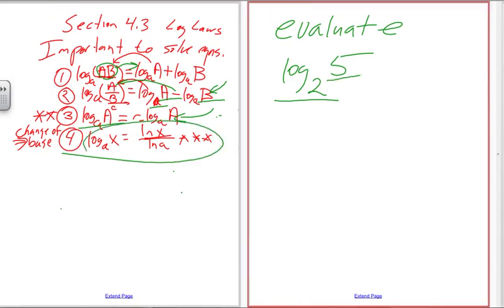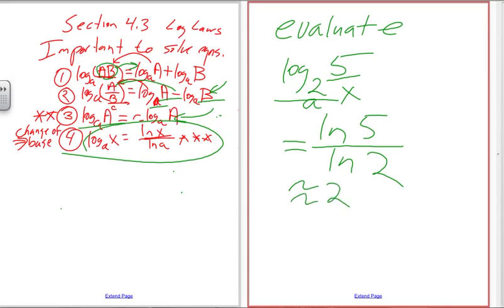So there's my x, and there's my a. So this is going to equal natural log of 5 divided by natural log of 2. And when you plug this into your calculator, it's approximately 2.32. And this is how you will be using log